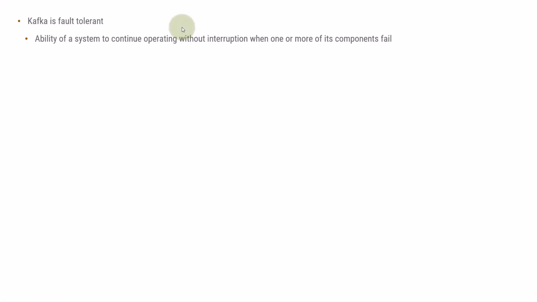This can be thought of as magic: my systems are failing, but the system is still working properly. How can this happen? All this happens through a concept called a distributed system. So Kafka is fault tolerant and it is distributed. What is a distributed system? It behaves as a single node or a single system even though it is distributed on multiple nodes. The components are deployed on multiple servers, but for a user, it seems to be a single system. In Kafka, each partition is replicated across multiple servers for fault tolerance.